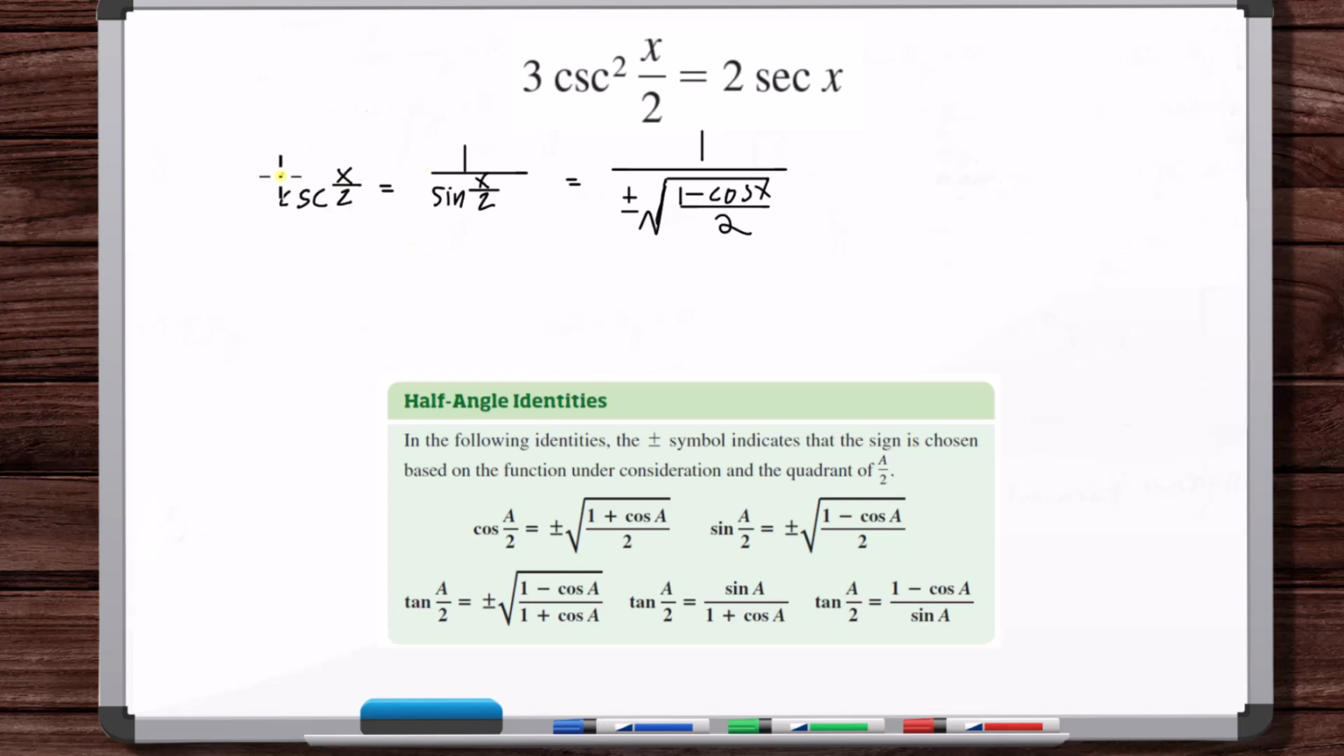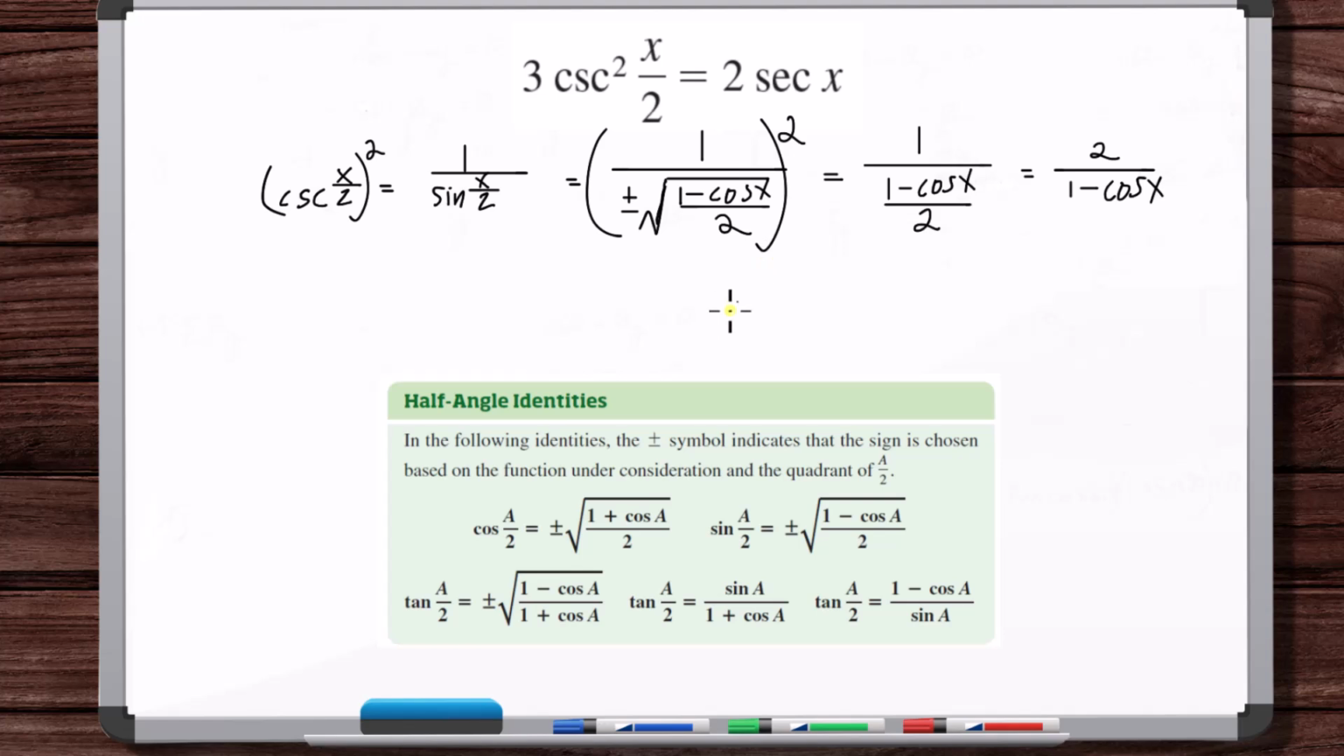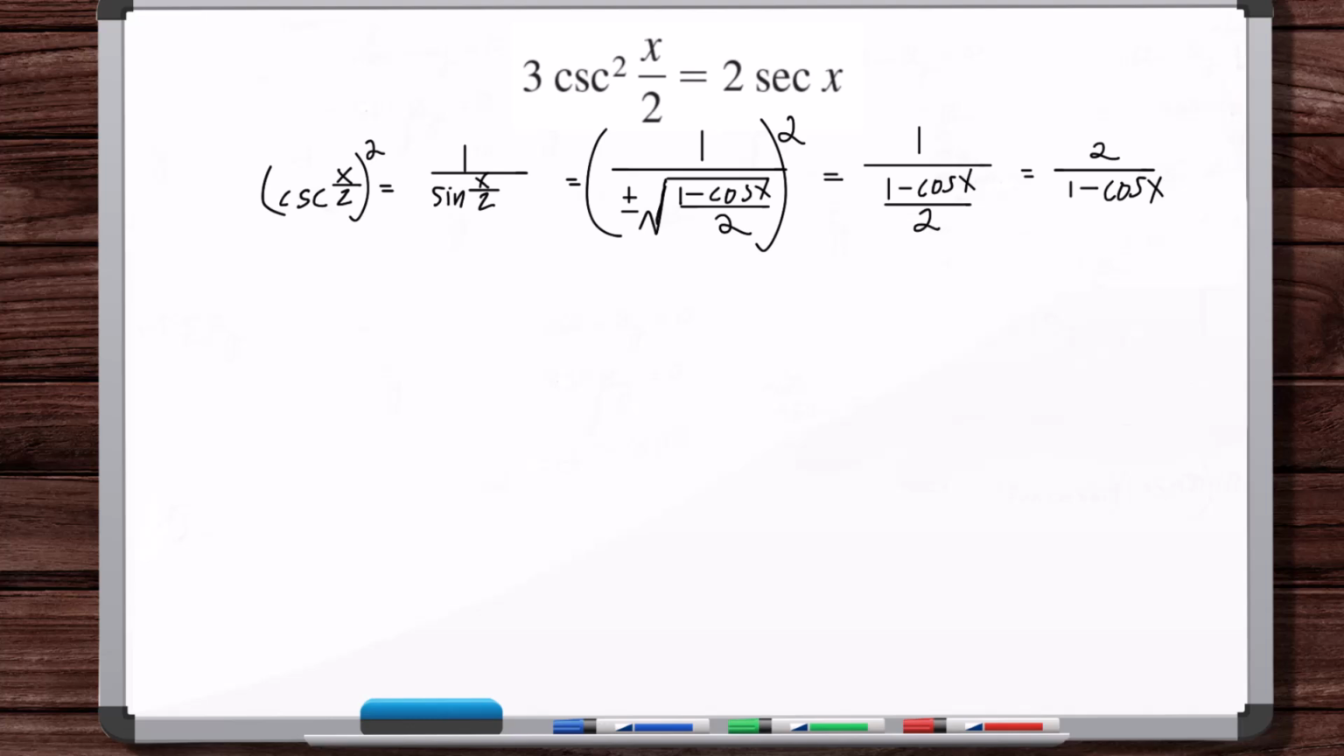But now we can square both sides here and get this. The plus or minus goes away, and we're left with this. And so, okay, that's cosecant squared of x divided by 2. So let's substitute this in. We've got